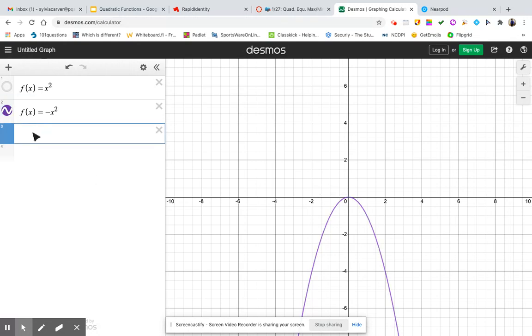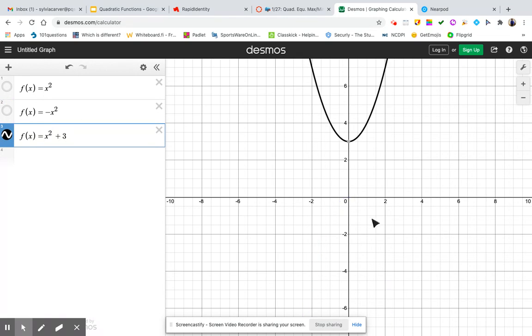Now I can switch it up and put another one in here. Say we want to do x squared, and let's make it do plus 3. And let me get rid of this, okay? If you notice, I shifted the parent function up 3 units, but I still can label all the parts. I know that this point here is going to be my vertex. It's a minimum. My axis of symmetry is still going to be x equals 0 because that's the x coordinate